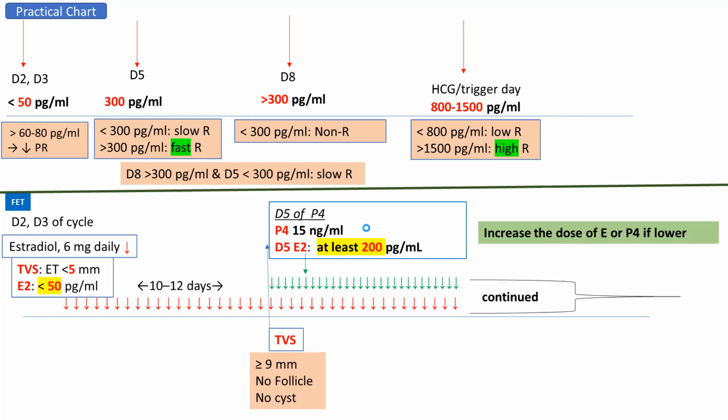So after you start progesterone, on the 4th day of daily progesterone, you estimate estradiol. Again, it started at 50 at the beginning, and now if it is 200 or more, this is good. If it is less than 200, you have to add estradiol at that time. And again, progesterone started at 0.5. Now it should be 15 nanograms per milliliter. If it is less than this, you can add progesterone at that time, on day 5 of progesterone, until you have a good endometrium for embryo transfer.